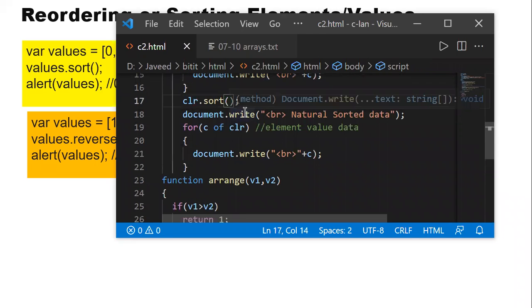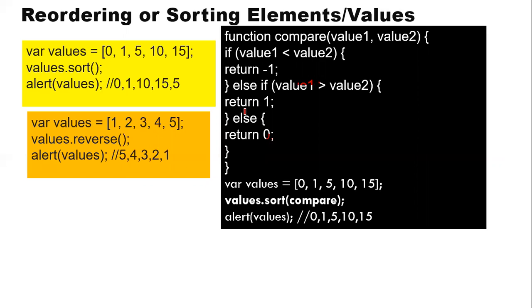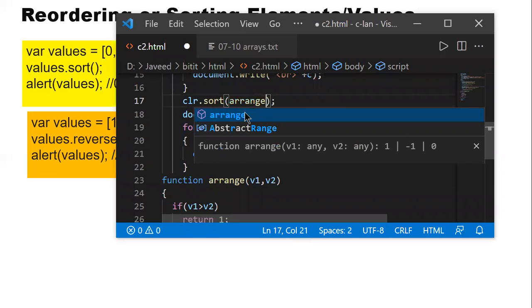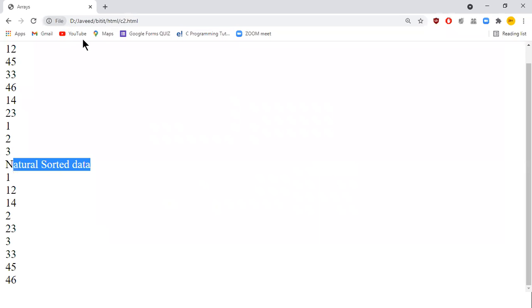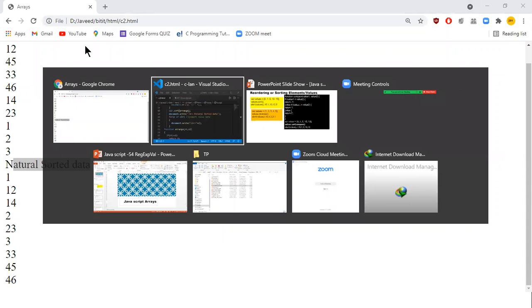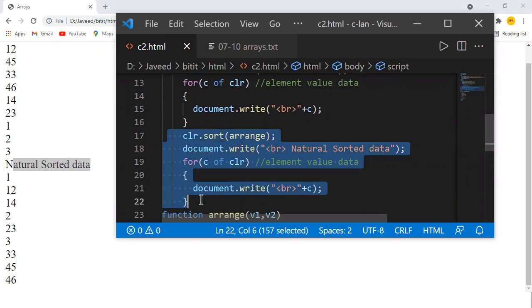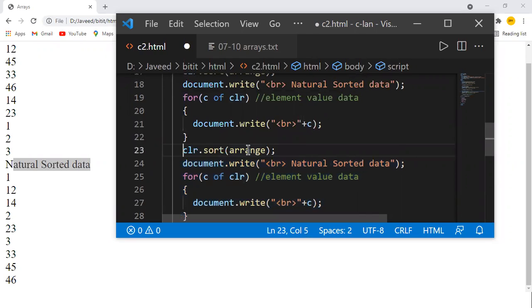But remember, when I'm going to call the sort function, the name of the function we have given is arrange. That's the function we are going to give it, so we'll be using the function arrange as an argument. Internally, automatically it's going to take two values and do the sorting. So this sorting, I will do it. One more loop I will take. Okay, I'll just call this.